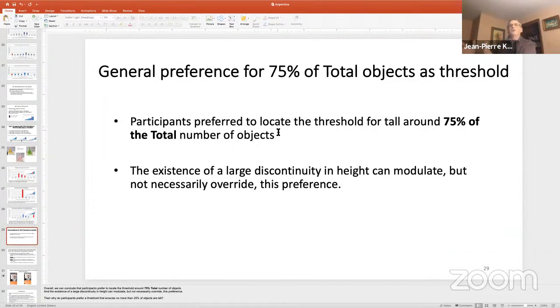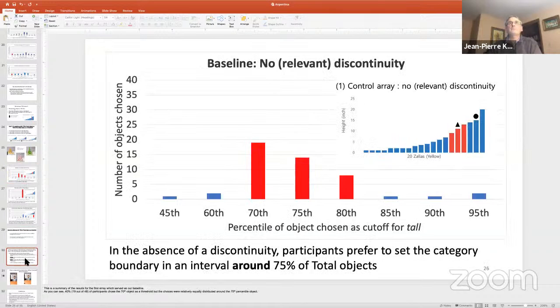basically a quarter of the object ought to be tall. That's basically what they prefer. And when there is a large discontinuity height, it can modulate that preference but not necessarily override this preference. So even when there is a discontinuity, the object that corresponds to 75% of the maximum height, people choose that object as threshold more often, but they still prefer the interval around the 75th percentile. Okay? Now,